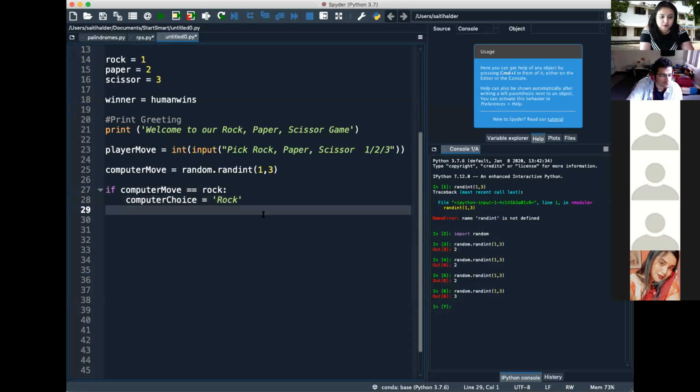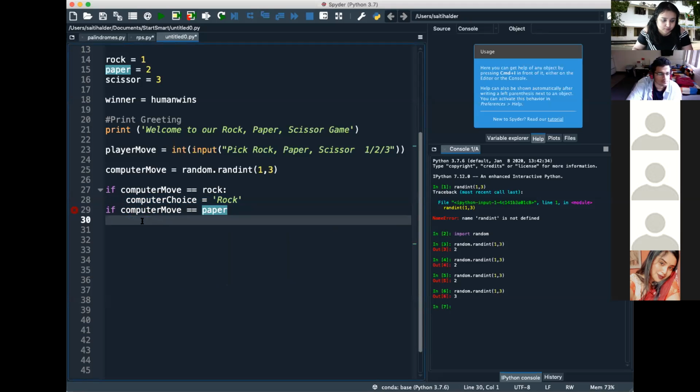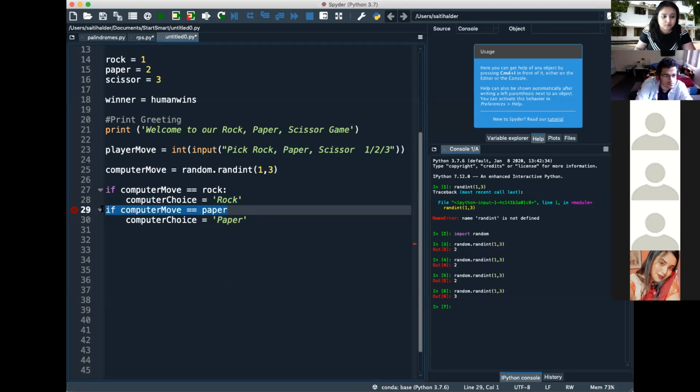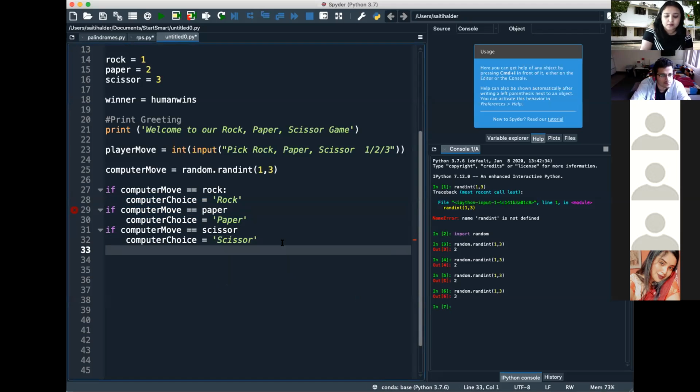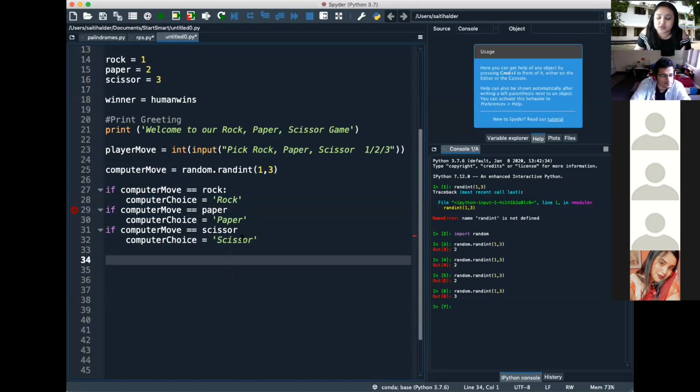Because we just want to display what the computer picked. Okay, if computer move equal to paper, then computer choice equal to paper. Scissor. So now we said that if the computer move is this, then the computer choice is this string called scissor,